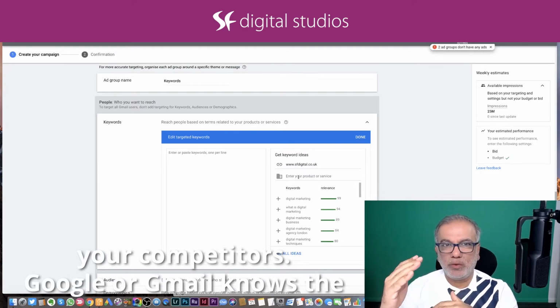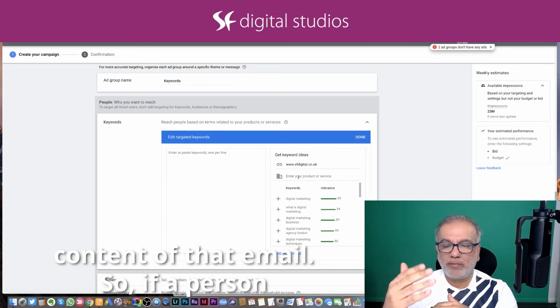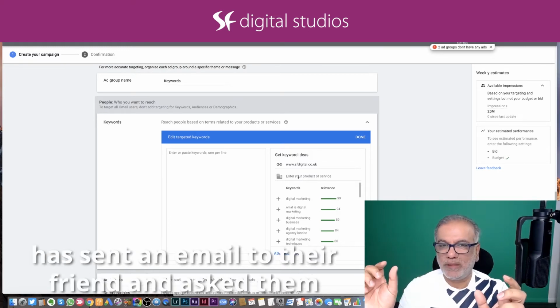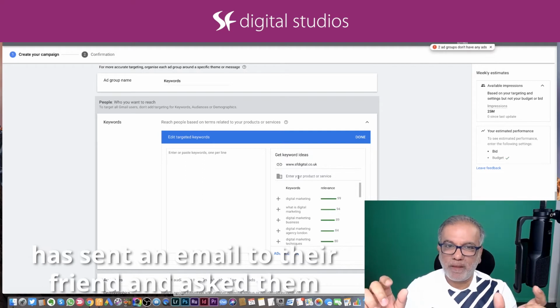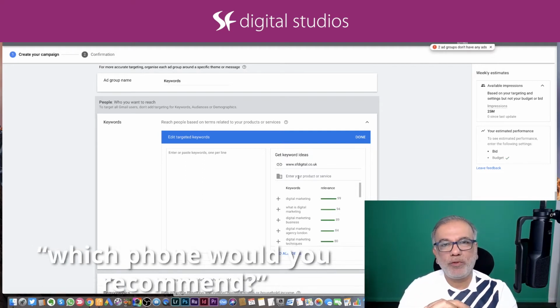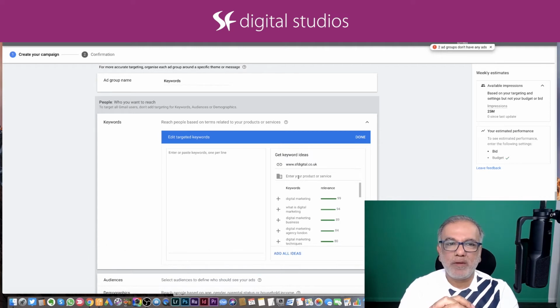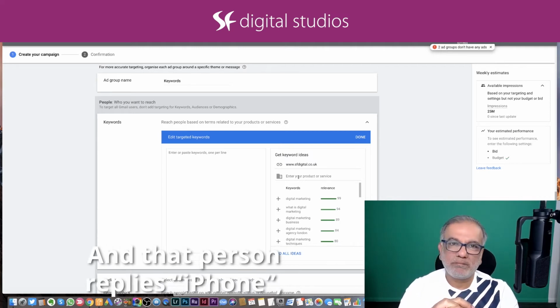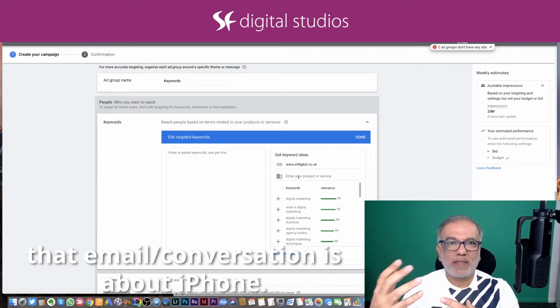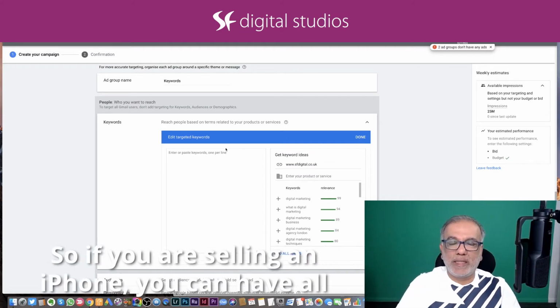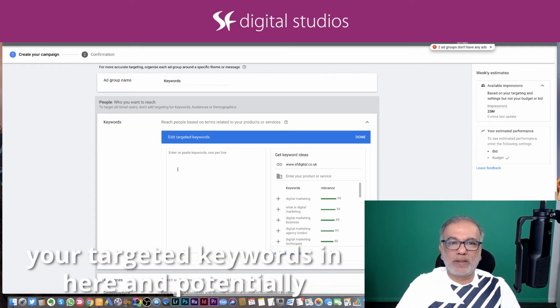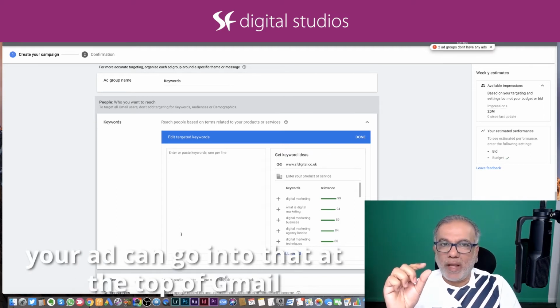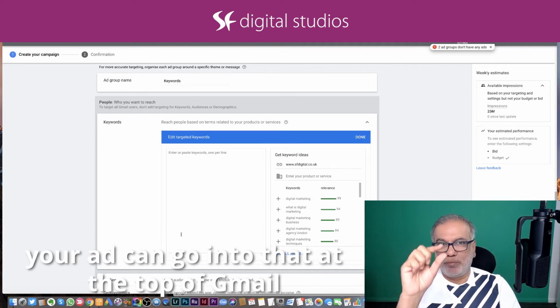Google or Gmail knows the content of that email. So if a person has sent an email to their friend asking, which phone would you recommend? And that person replies, iPhone. The conversation is about iPhone. So if you are selling iPhone, you can have all your targeted keywords in here, and potentially your ad can go at the top of the Gmail